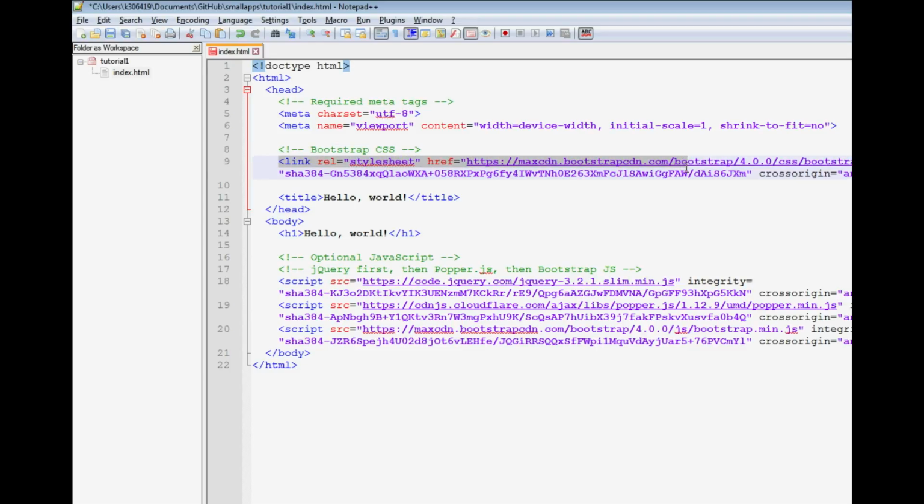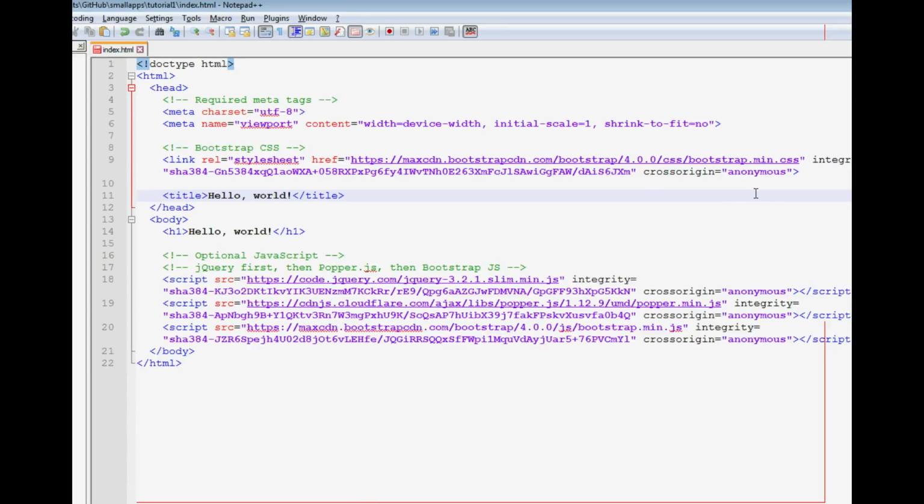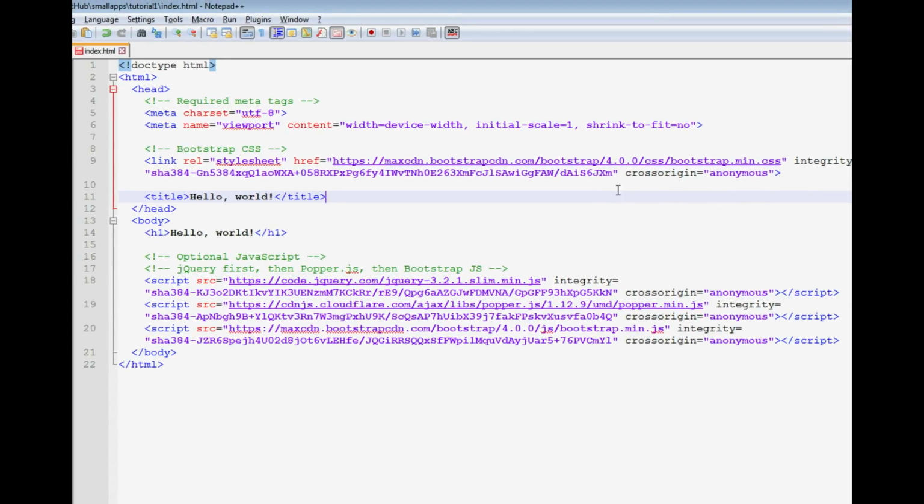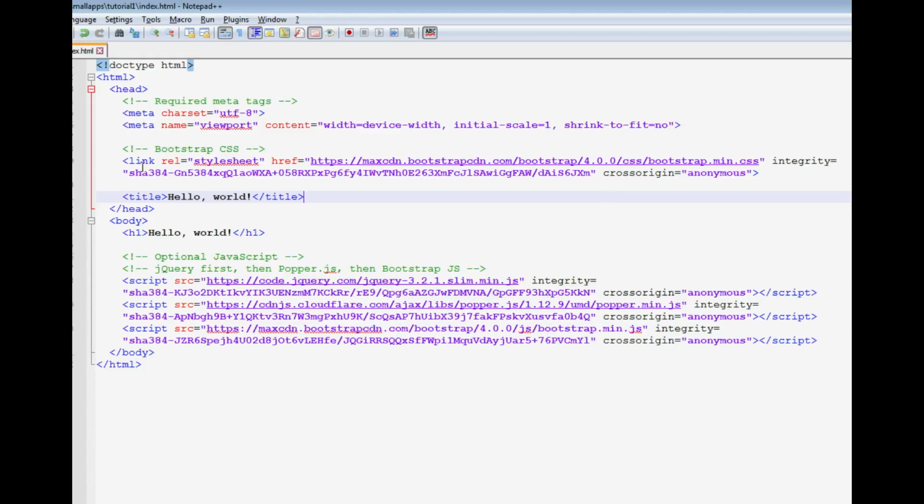CSS in a different file, and when you have it in a different file, you can include that separate CSS file in your HTML document like this. You're saying link stylesheet, which means a CSS document. Last time, we were writing the CSS right here in the HTML document, but what you're seeing here is the separate CSS file. You have seen how HTML documents have the .html extension, CSS has the .css extension, so that's why you'll see .css at the end. So this is a CSS file which is being hosted somewhere on the internet, so we